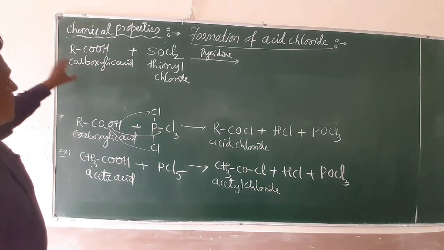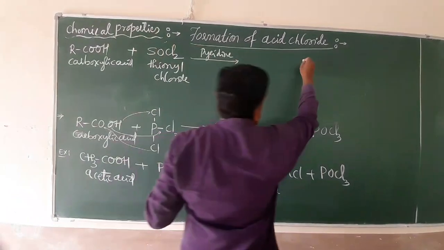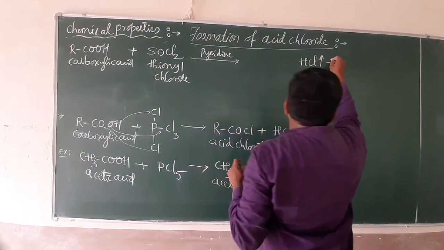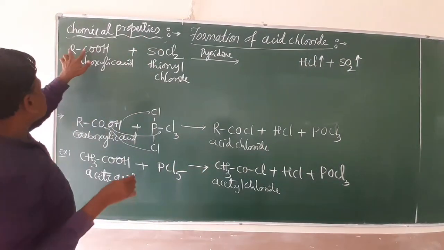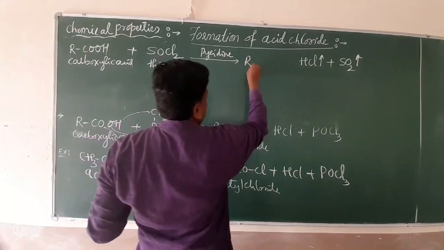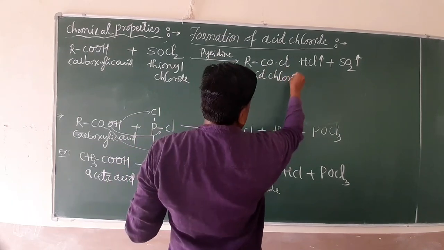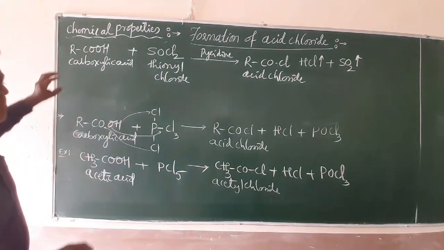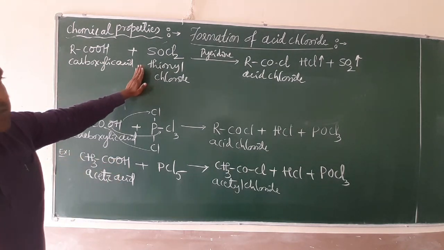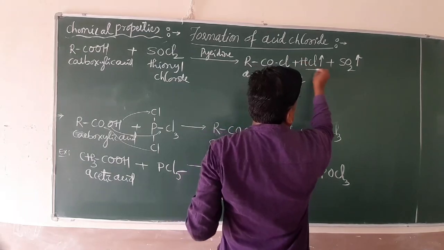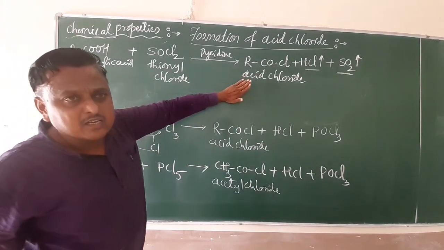When carboxylic acid reacts with thionyl chloride, you keep in your mind this H is combined with Cl, releasing HCl, which is a gas. S is combined with O to give SO2, which is a gas. What remains? RCO and 1 Cl, this is RCOCl, your acid chloride. As compared with the previous reaction, friends, preparation of acid chloride from thionyl chloride is most important for industrial purposes because the byproducts are gases. Because the gases escape, we can get purified acid chloride.